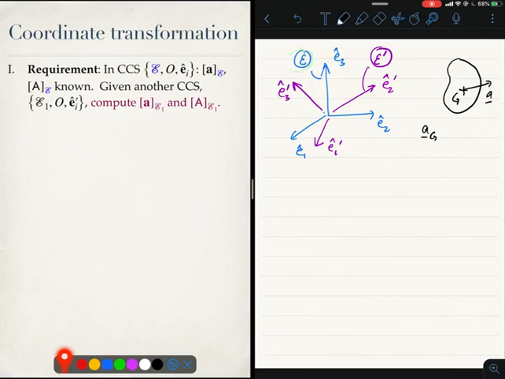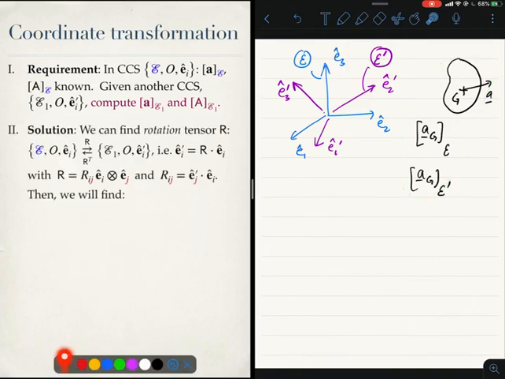Now I measure it sitting in E. So what I will measure is that I will know this. Now I want to communicate this to a friend who lives in this coordinate system. So how do I transfer this information to him? Well, to do that I have to give him this. So knowing this, how do I compute this? All that I am given is I know my coordinate system and I know the new coordinate system. I know the unit vectors of the new coordinate system. So I guess that's what the question is, and that's the motivation for the question. Is this the motivation? So well, here's the answer.